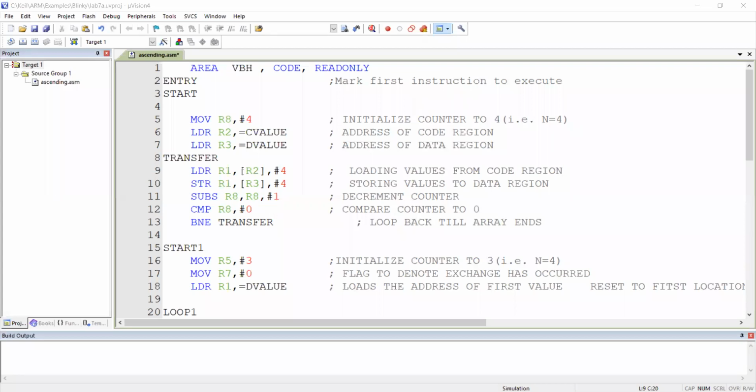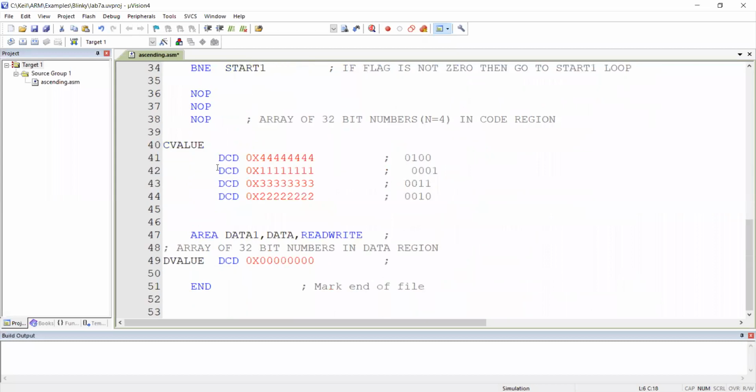Okay, so bracket indicates it's a pointer. If it is a pointer, R2 is pointing to an array called C value. C value I have shown just now in the diagram. It is starting with the address, let me write here: 06C. This address is 070, this address is 074 and this address is 078. Just now I have drawn horizontally; please imagine the same diagram vertically.